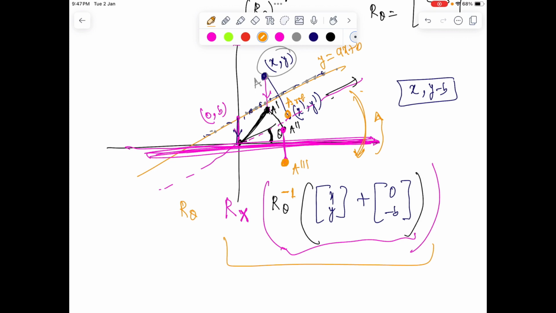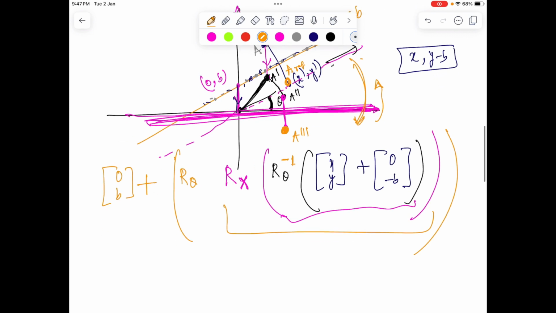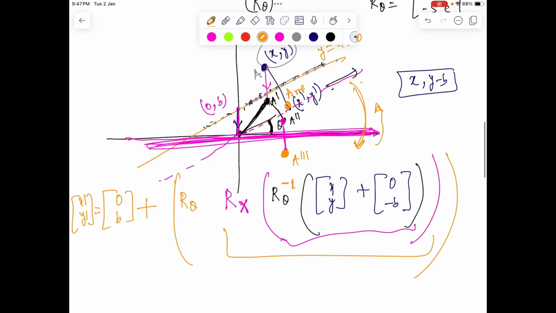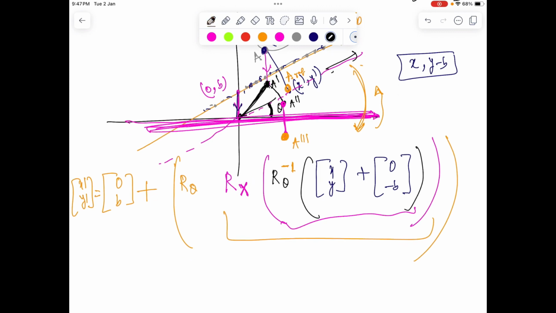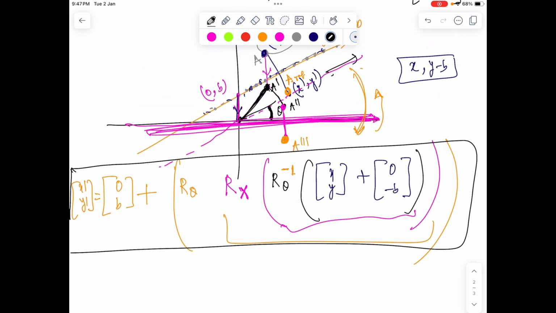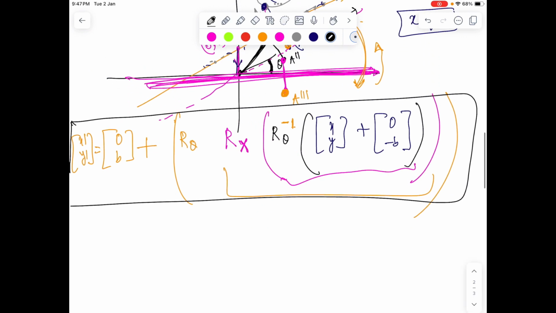So after a triple dash, we'll go in the anti-clockwise direction, so that will be multiplied with r theta, and now we'll shift it by the same unit, 0 comma b. So this will give you the final answer x dash comma y dash, which is the reflection of the point xy in that line. What's important to note is that this looks too clumsy, but it's exactly the operation which